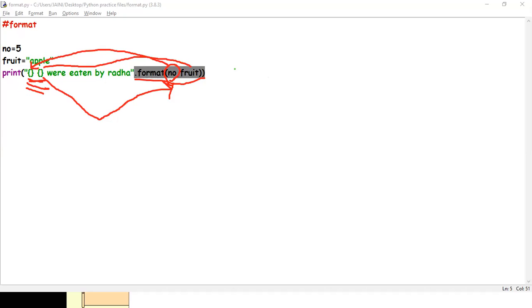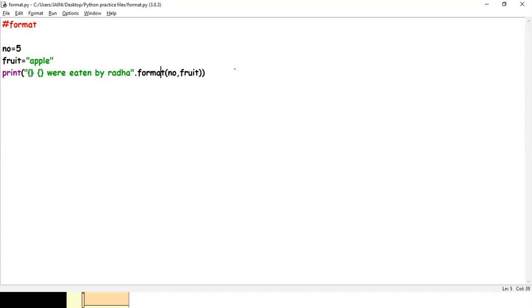Okay. But suppose I want to change this. I know it makes no sense, but suppose I want to write something like apple 5 were eaten by Radha. So what I did is I put numbers here. Initially, I didn't have any numbers. I had left it blank.